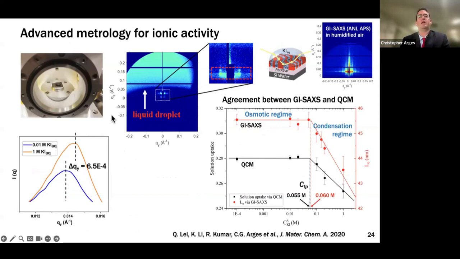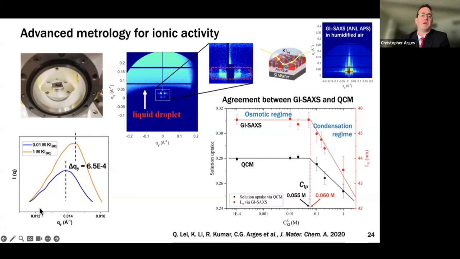We put a liquid droplet on there so we can use those high energy X-rays to get through the liquid droplet and look at the Q spacing, the scattering peak here. We can see the first order peak here. We can't see the second, third, fourth, fifth order. We usually see up to 5 orders with block copolymer electrolyte films. Here we just have a gas, humidified air, as opposed to a liquid water droplet, but this method still works well.